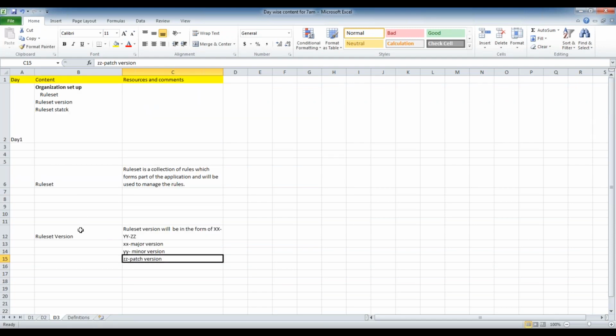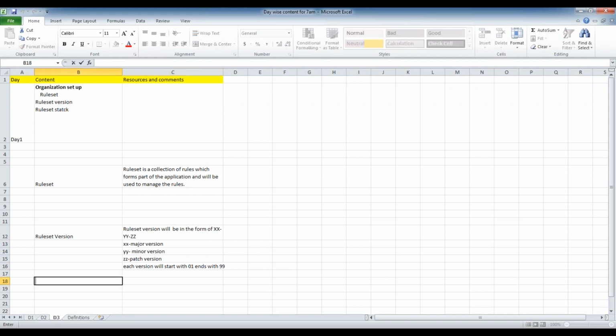The actual rules will be stored in the rule set version, not in the rule set directly. So there will be multiple versions like this. Major version is there, minor version is there, patch version is there, and each version will start with 01 and end with 99.